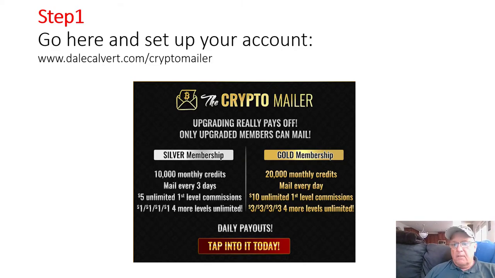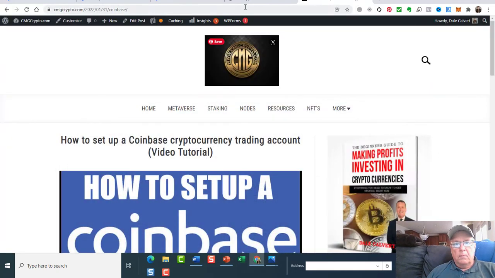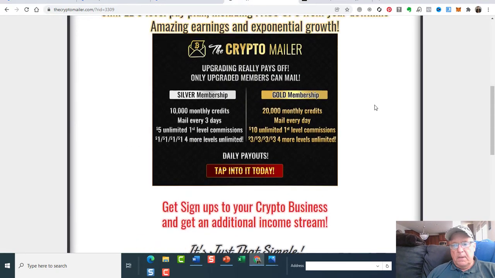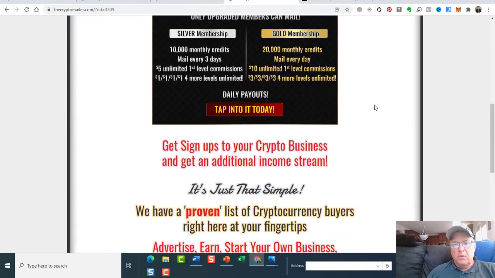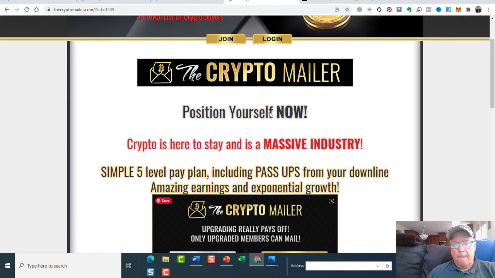All right. Is that all we needed to cover there? I'm going to actually, at this point, go to this mailer. I have already registered, and now what I want to do is I'm going to probably become a Gold member here. I've already joined, so let me log in.